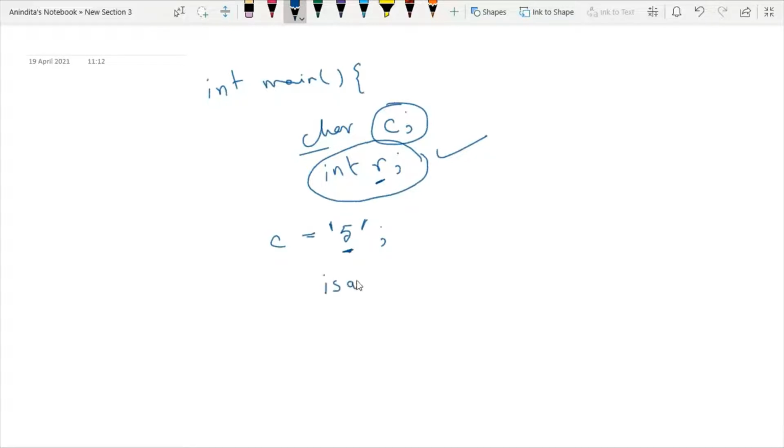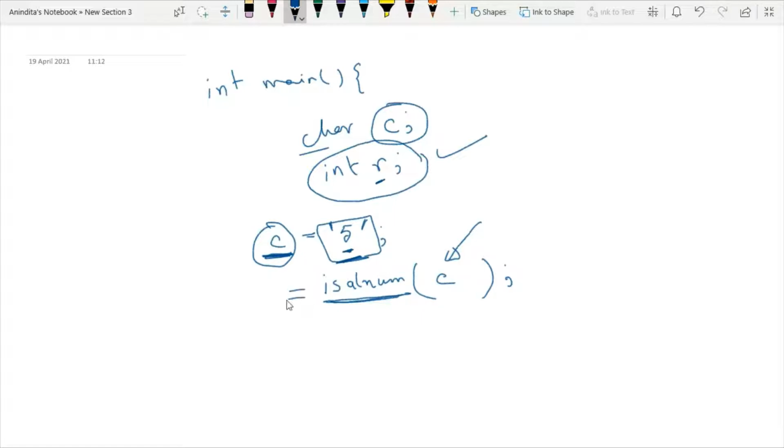Now we will call the standard library function. What was that? isalnum. And within this function, we have to pass some character argument. Say I am passing c. So what will happen? This isalnum function will check whatever is the content of this variable, that is character 5, whether it is alphanumeric or not.